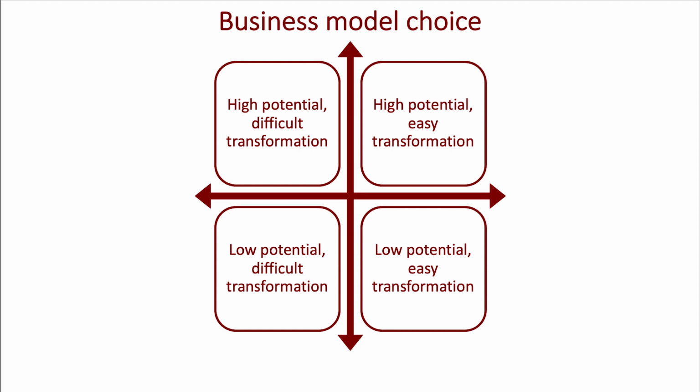In this case, their choice is driven by 2 factors. First, which business model offers the most economic potential? Second, how difficult is the transformation into that business model? Obviously, a model in the top right would be the most immediate focus, but for larger companies, transformation may involve developing not one, but a portfolio of new models. In that case, top left business models become a longer term goal, bottom right models might offer opportunistic possibilities, and the bottom left of the matrix represents the models to avoid.